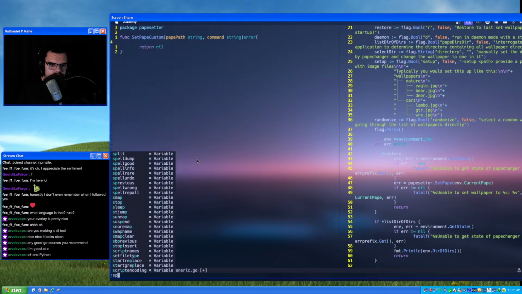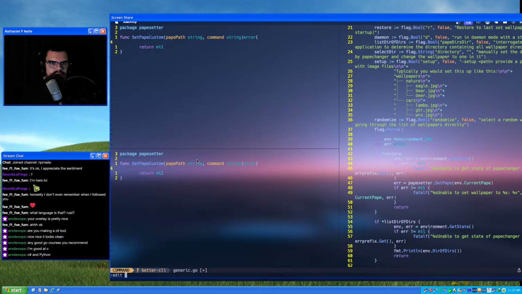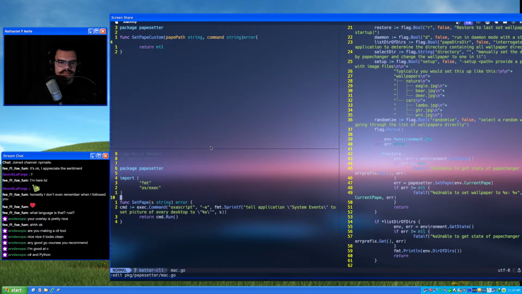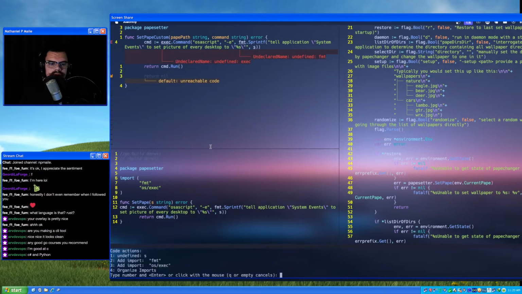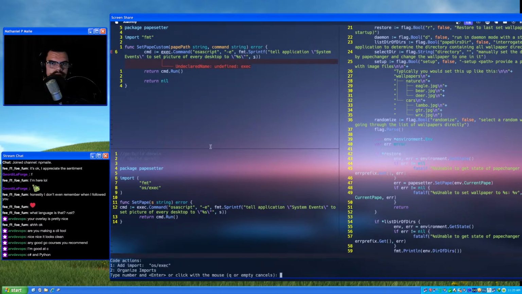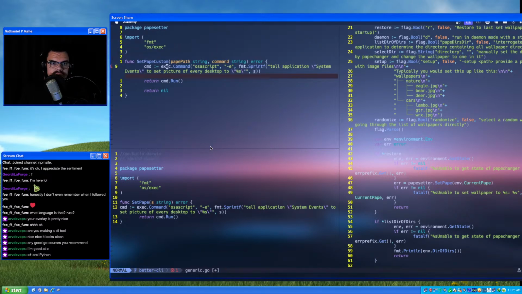So this is going to be a little bit of an arcane incantation. Pape setter slash mac.go. Well, it's actually not too bad. We want to add in FMT. We want to add in OS/exec.